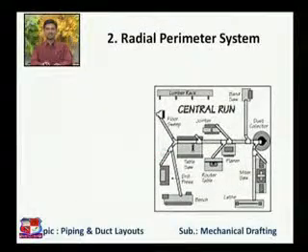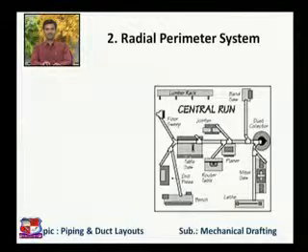Another, that is the radial perimeter system. In this the duct is run radially like this. Here in a radial direction duct is provided, here in a radial direction, here also in a radial direction. A central run is there. So this is the radial perimeter system. In some cases